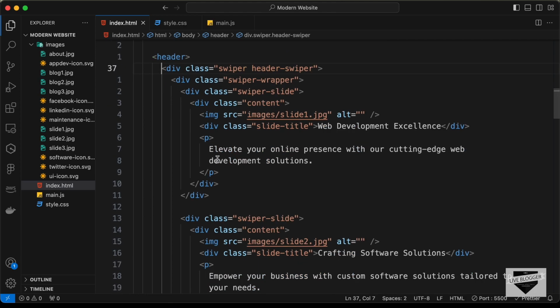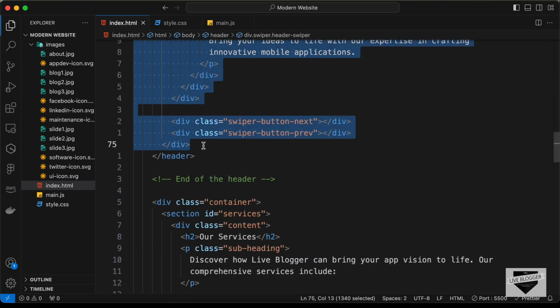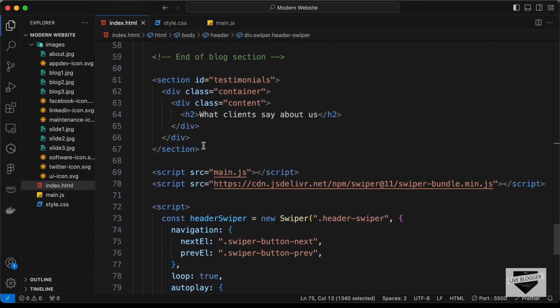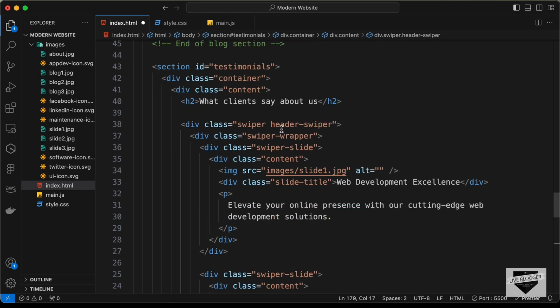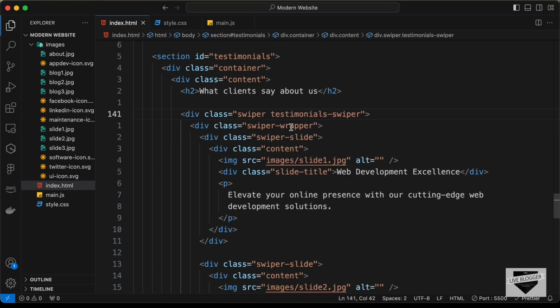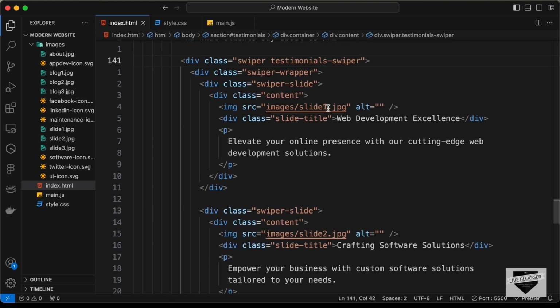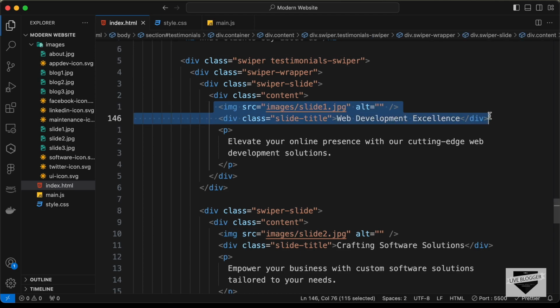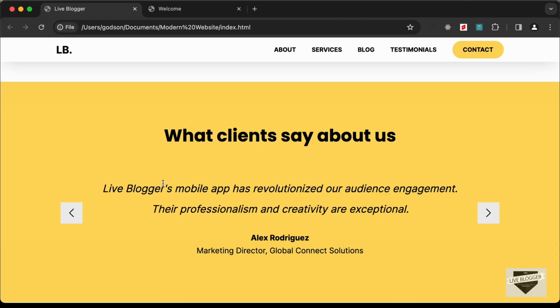So I'll just copy this swiper division from here because we need to write almost the same code. So let's copy this and paste it over here after this heading. And here we need to change the class to testimonials swiper. And then we have the swiper wrapper, and then we have the swiper slide. Then we have the content, and we need to change the content. So we don't need to have this image, and we also don't need to have this slide title. So let's delete both these elements from here, and we'll just keep this paragraph,